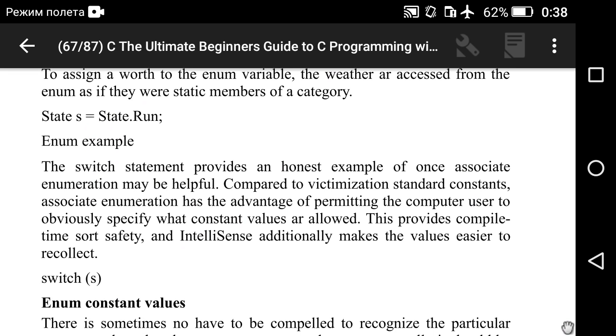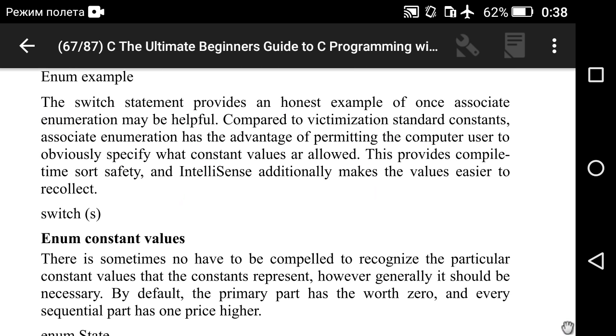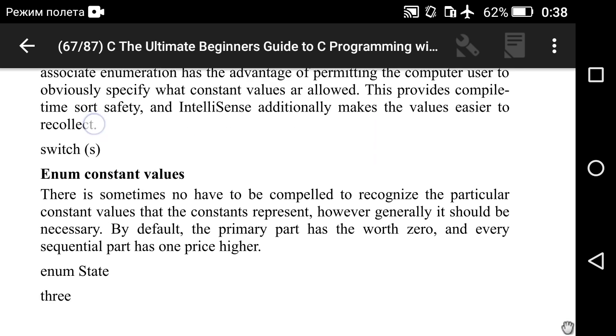This provides compile-time type safety, and IntelliSense additionally makes the values easier to remember. switch (s).